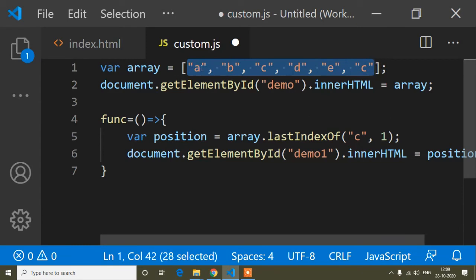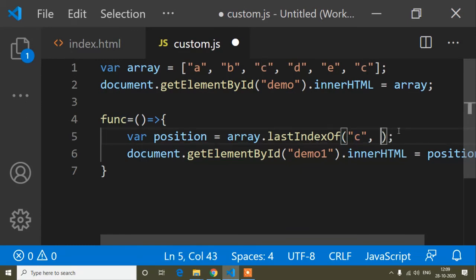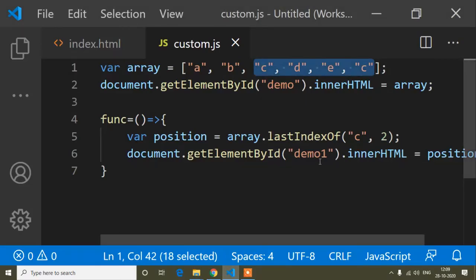But if you know the first and second positions don't contain the element you want to find, you can set the starting position to 2, because we know C is not at positions 0 and 1. Now it will start to find from this position, so it will take less time, but the output will be the same. Here you can see the output is the same, but it takes less time. So this is the array last index of method.